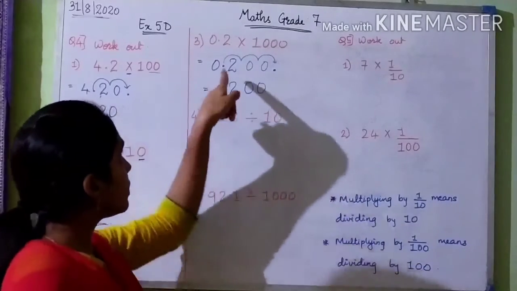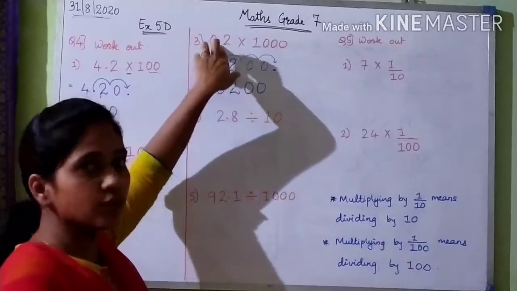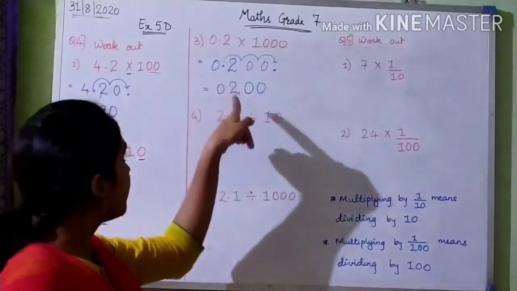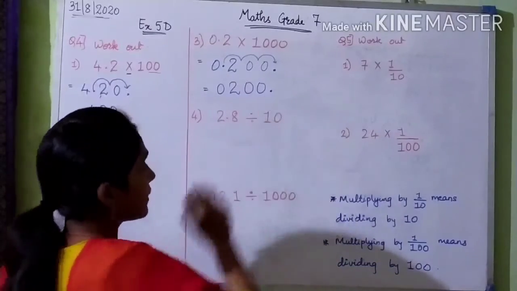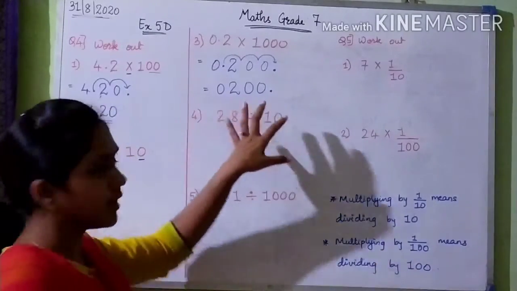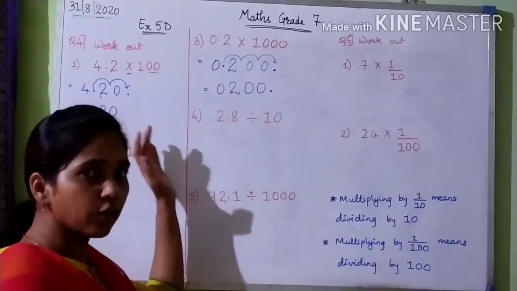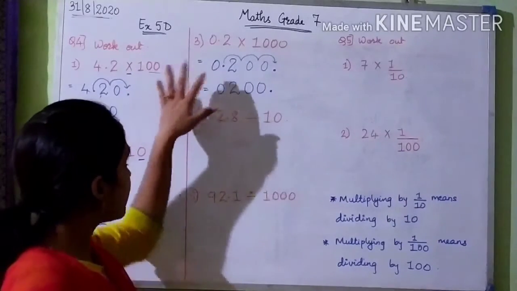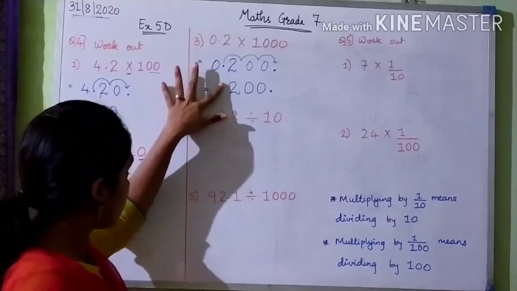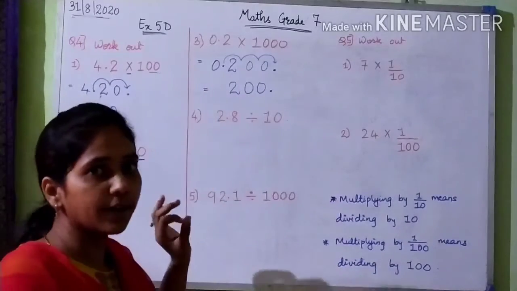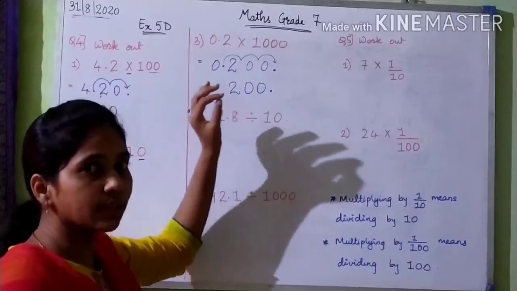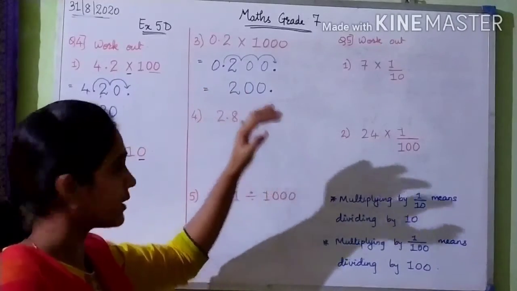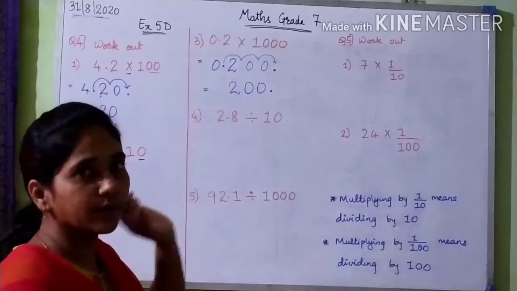See, here there was a decimal point, so that is why we wrote it as 0.2. But here there is no decimal point. The decimal point is at the end. So if any number is having a 0 in front of it, then it is okay if we don't write it. So this number is read as 200. A 0 at the starting of any number doesn't have any value, right? So we write it as 200 only.